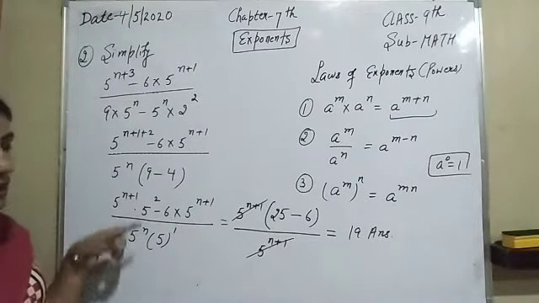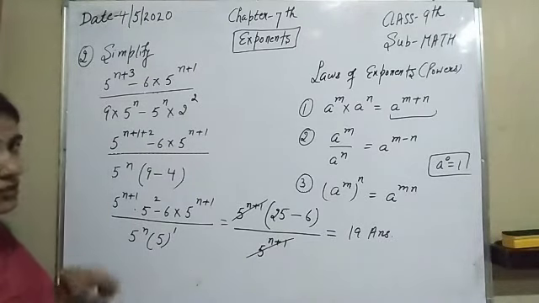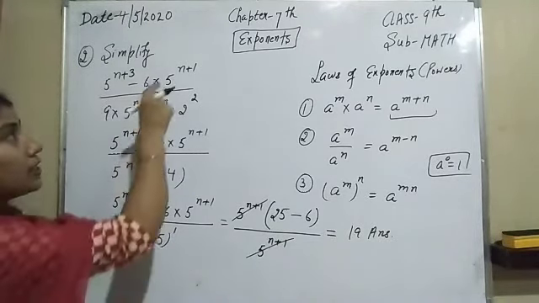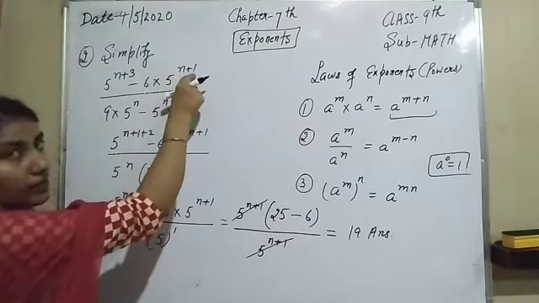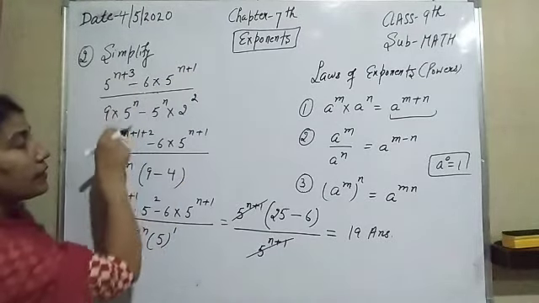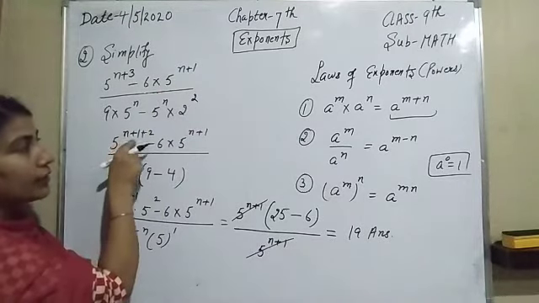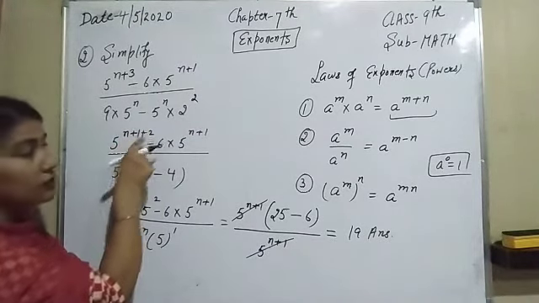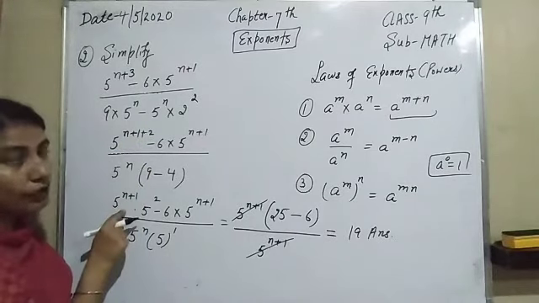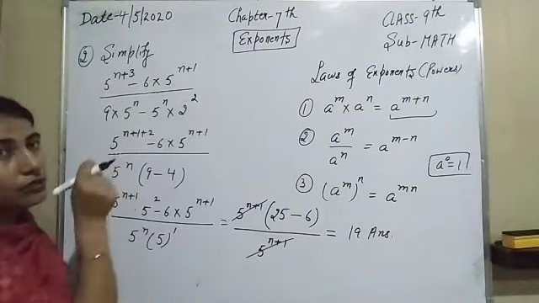I'm going to explain this again so that you can understand easily in which way I have solved this question. Firstly, you have to see here is n plus 1. So you have to make its power in the form of n plus 1. Whenever it is n plus 2, you have to write down here n plus 2 plus 1, because we have to take a common value of these both values.